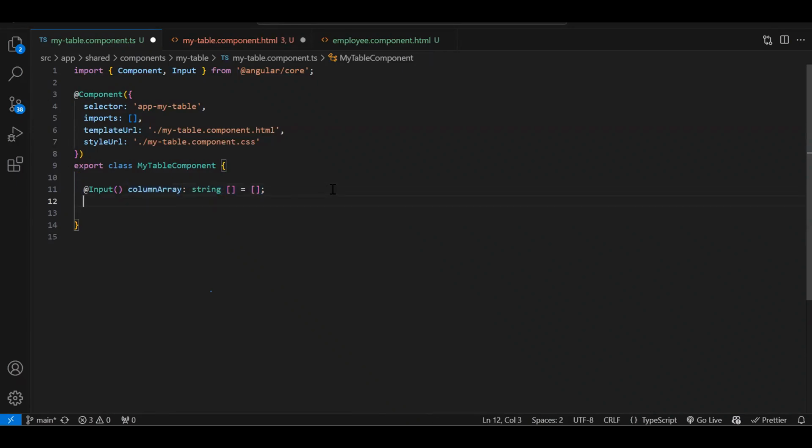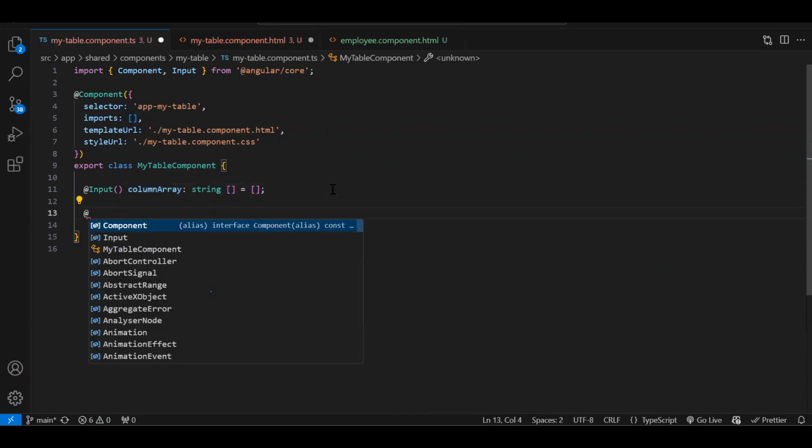Fine. Now this is the first input. The second input will be the actual data, what we need to display. So second input,